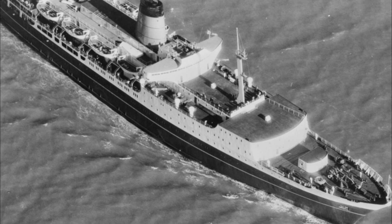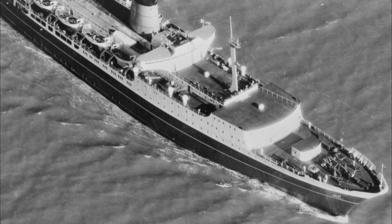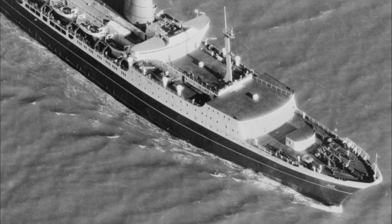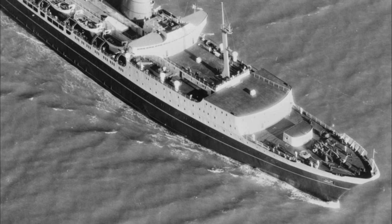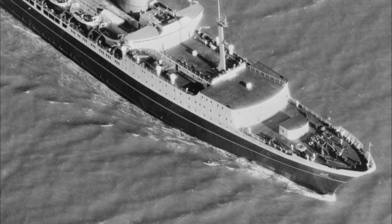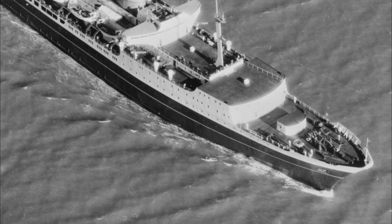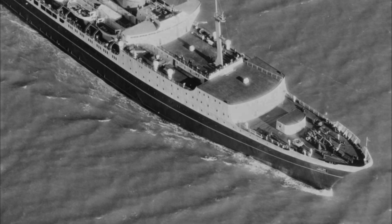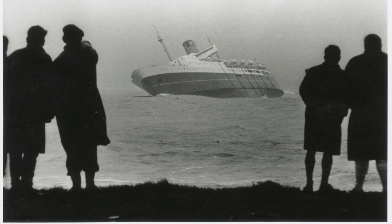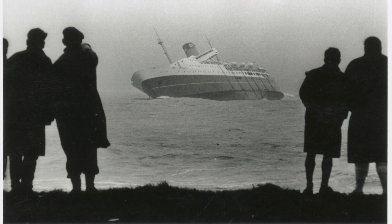At around 1:15 p.m., the combined force of the tide and storm swung the Wahine around, briefly creating a patch of calmer water sheltered from the wind. However, as the ship suddenly listed further and reached the point of no return, Captain Robertson gave the order to abandon ship. Similar to the sinking of the Italian liner, the Andrea Doria off the New England coast in 1956,